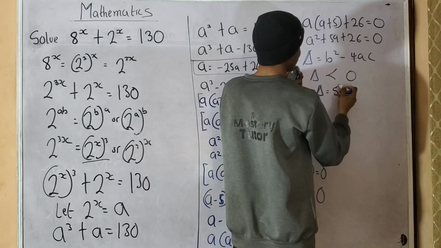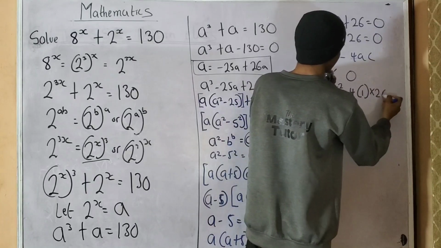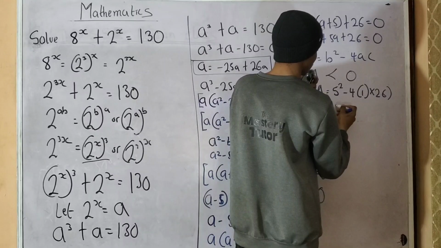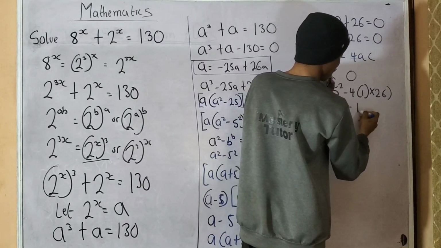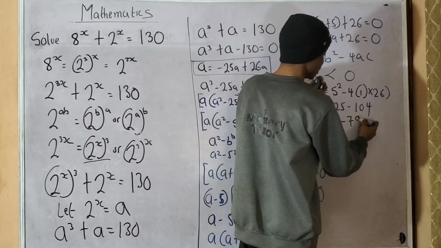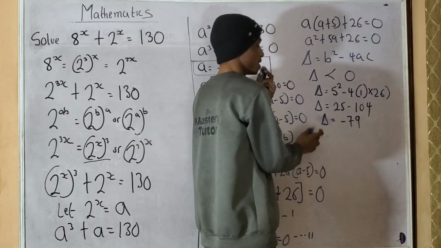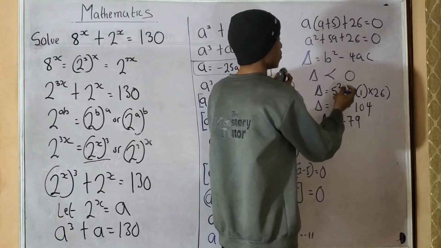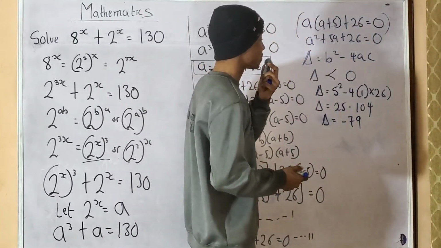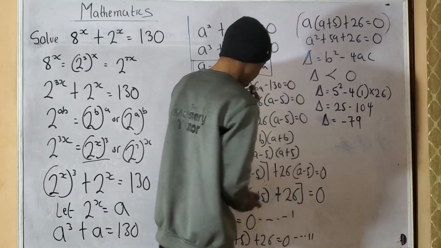Okay, here b is 5, so the discriminant will be equals to 5 squared minus 4 multiplied by 1 multiplied by 26, right? So the discriminant will be 25 minus 104. So the discriminant will be negative 79. As you can see, the discriminant here, we have this. That means negative 79 is less than 0. So we cannot have real solution from this quadratic equation. Because we cannot obtain the real solution from this quadratic equation, so we ignore this